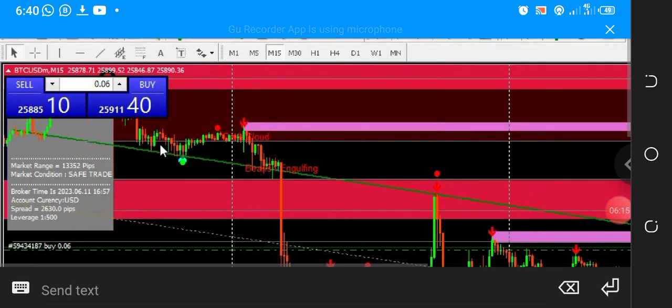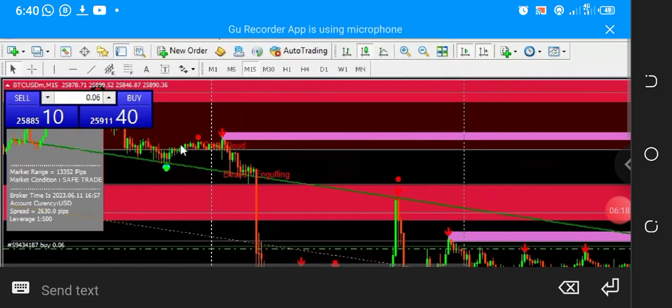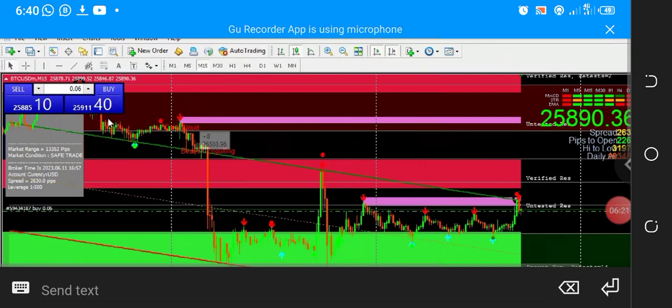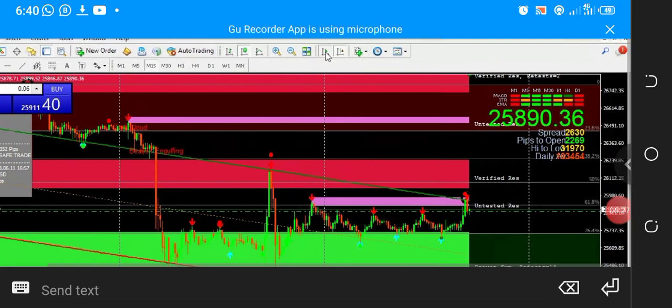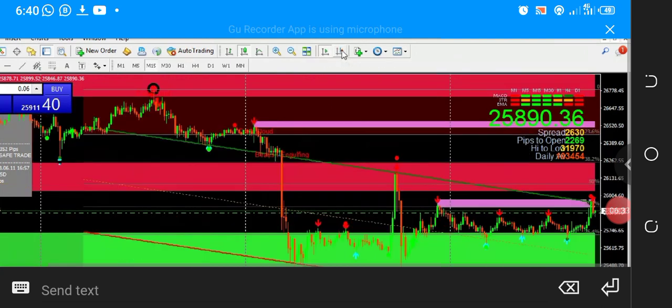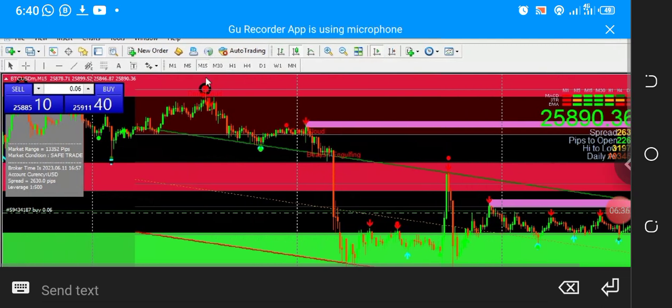The next thing you want to look out for is, let me look for it now to give us a proper example. It's that red circle on top. It must appear there. Let me see if we can see something like that. Yes, this is it. Beautiful. So you want to look out for this black circle. Now look at where this black circle is, inside this red horizontal bar region, which is equally inside this ox blood horizontal region. So when you see price start getting into this zone,